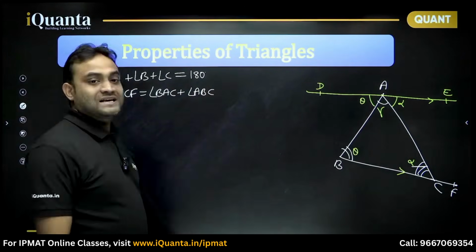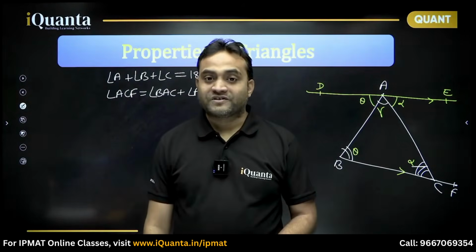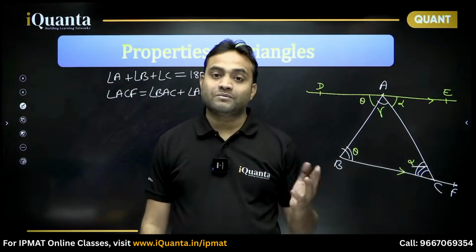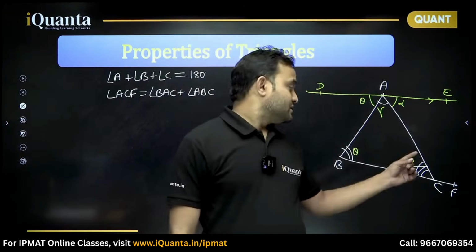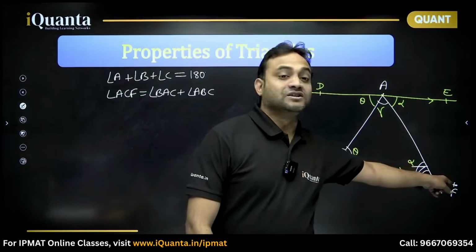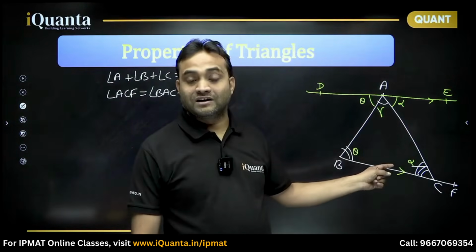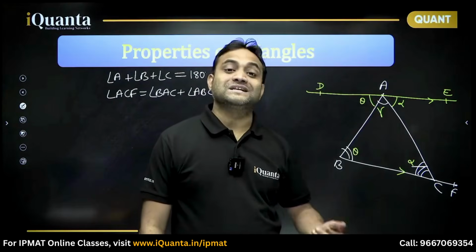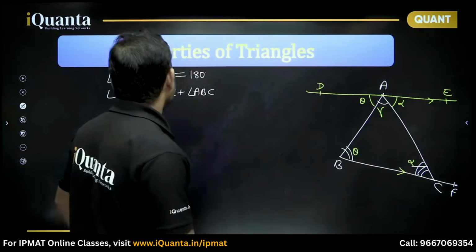This is known as the exterior angle property, meaning the exterior angle of a triangle is equal to the sum of the two opposite interior angles. This angle C is adjacent to this, so we won't count this. The rest of the two angles of this triangle will be opposite interior angles with respect to this angle. So that's why we call it